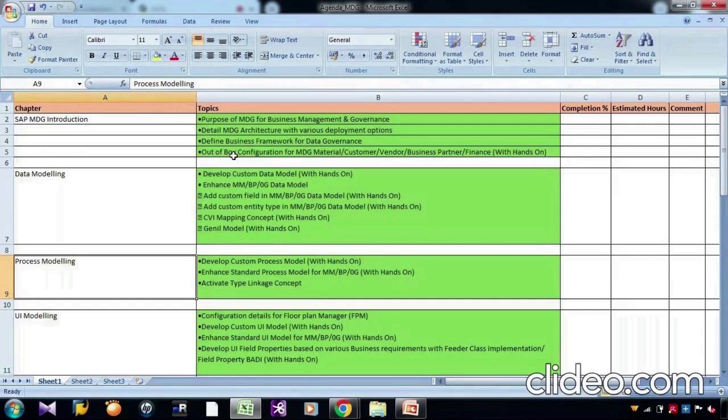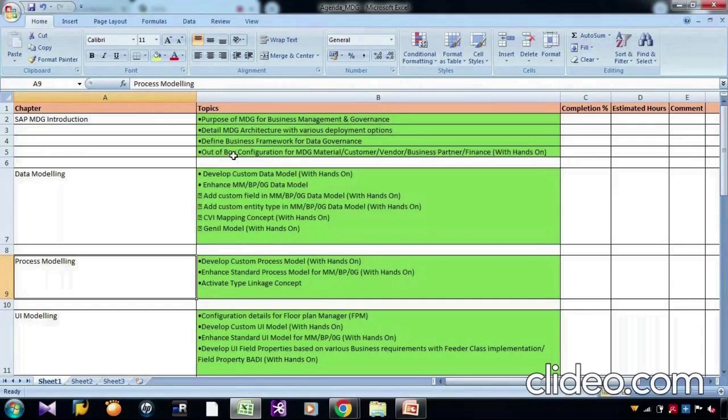Next is whether a fast track module is available. Absolutely available, but that depends on the group of people who are part of this discussion. Because the moment we go for a fast track session, things will be a little difficult for people coming from the non-SAP world.